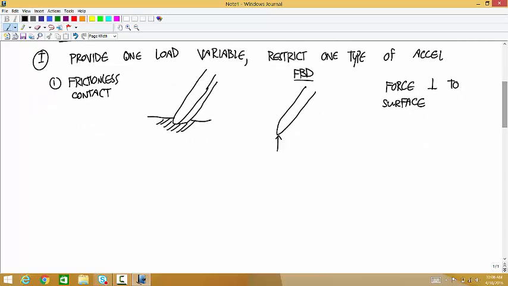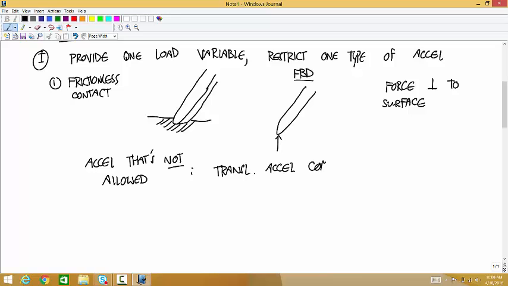And the acceleration that's eliminated is a translational acceleration component perpendicular to the surface